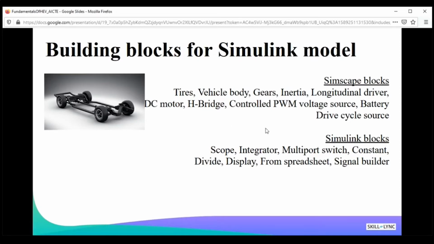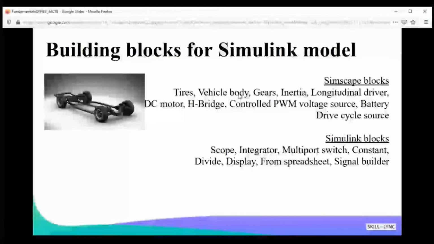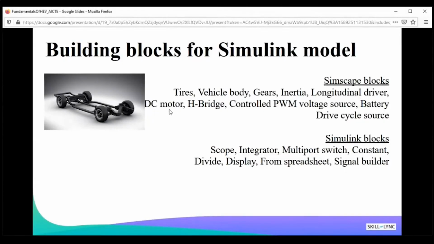Then we are going to put up all the components, right? The steering, the control system, the weight of the driver, the motor, and the battery, right? So these are the blocks which I have chosen to use for today's simulation. It's totally up to you, you may like to use an induction motor, or carry out a simulation with a BLDC motor with a three-phase inverter, right? It's totally up to you what your choice of Simulink models is.